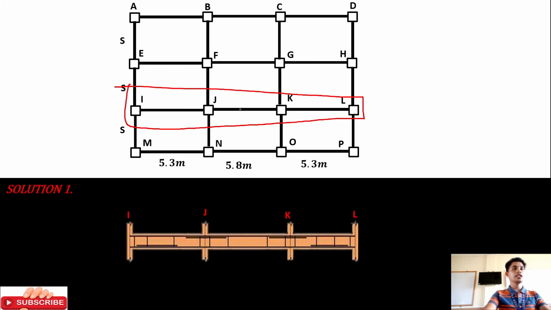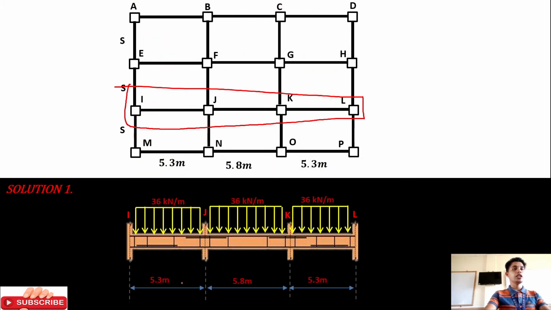So, ito may kita natin dyan. Ito yung plan. Ito yung section. So, length nyan is 5.3, 5.8, tsaka 5.3. Yung load natin, given na factored load na yung 36 kN per meter. So, span IJ, ito yan. Divide dito. Ang shear dyan is